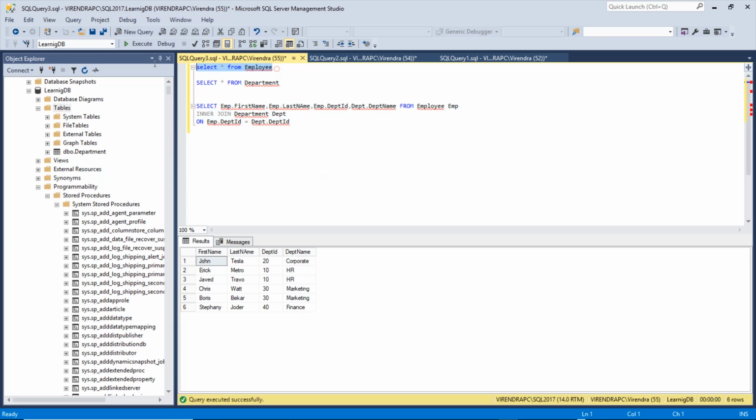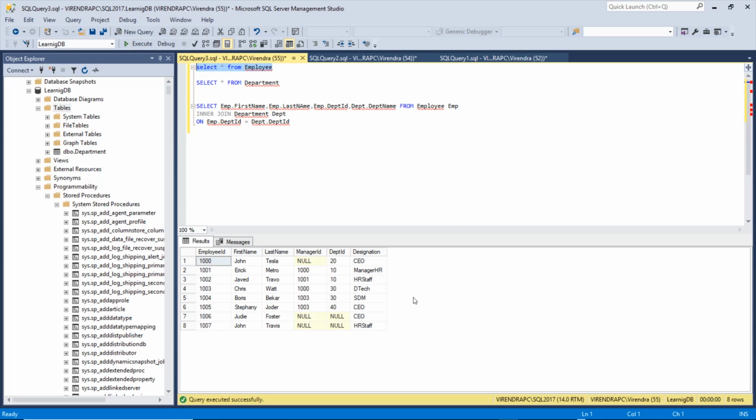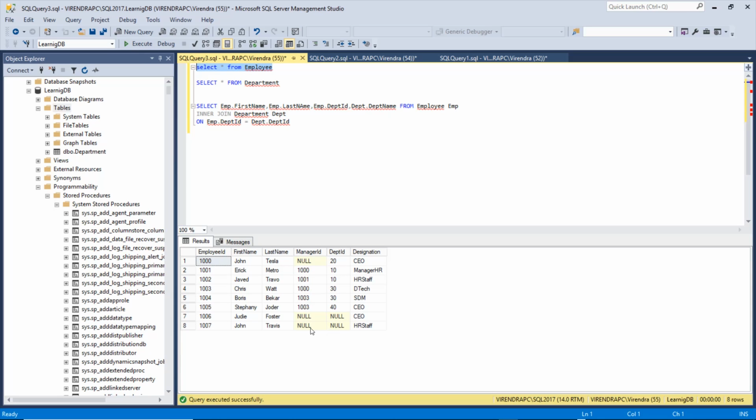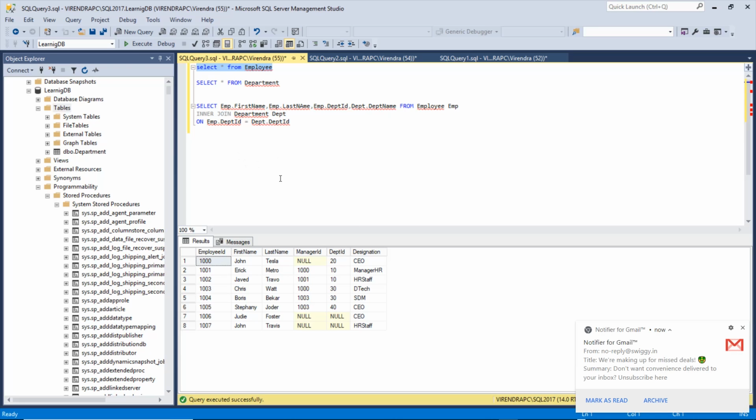So this is how it is, if you see here, right? Now if you see, I have 8 records in my employee table, but when I fire this query, I am getting only 6 records. And why is that? Because if you look, there are 2 records in my employee table where there is no department assigned yet, probably the newly joined employees, so a department is not assigned to them, and that is where the join has to be changed. If I want to show all the records from